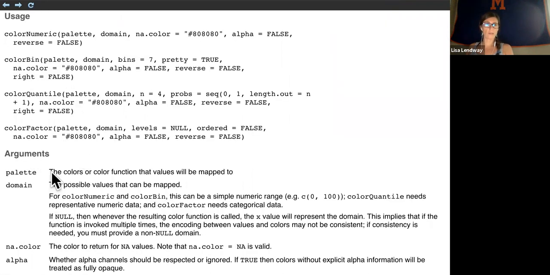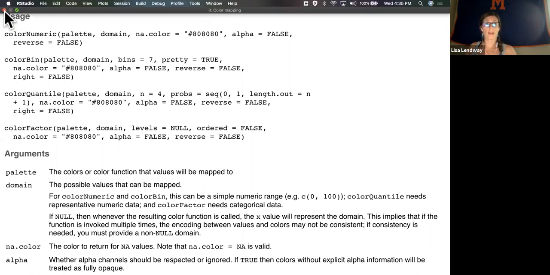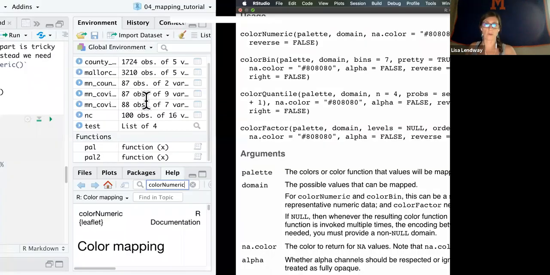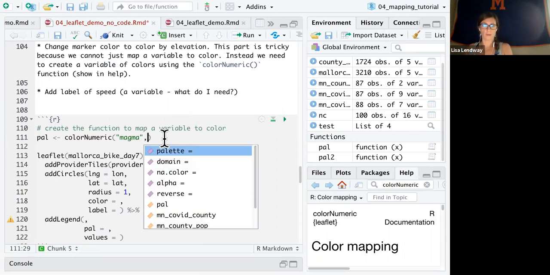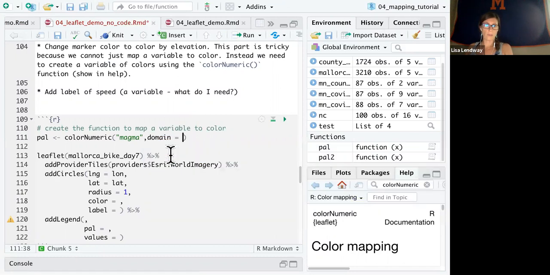So the two key things I need to give it are the palette I'm going to use, and I can give it one of my Viridis palette names, which is what I'm going to do. And then the domain, which essentially is a variable that has the range of values that we're interested in. So I always just give it the variable we're going to use. So here, I think the color theme I'm going to use is magma, and then the domain